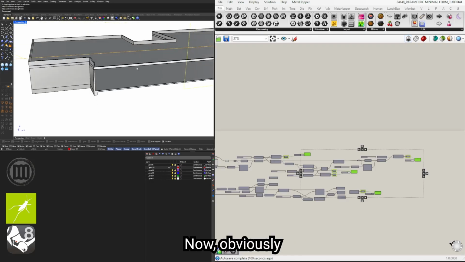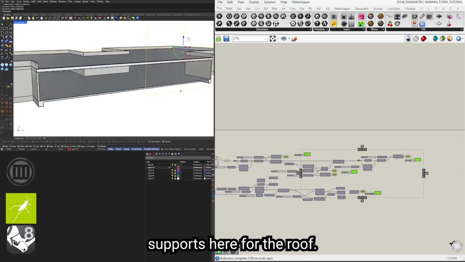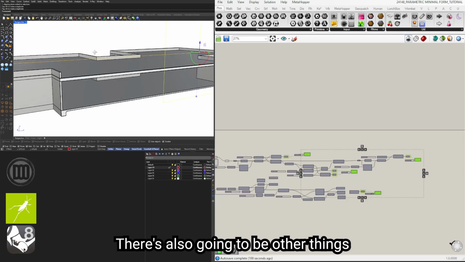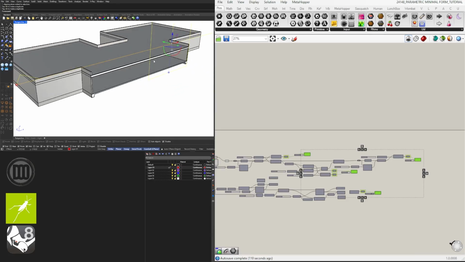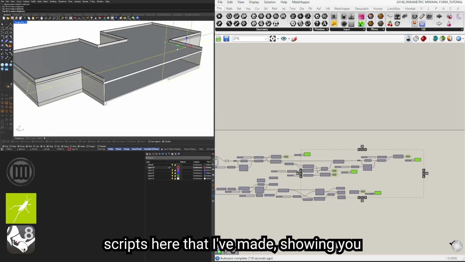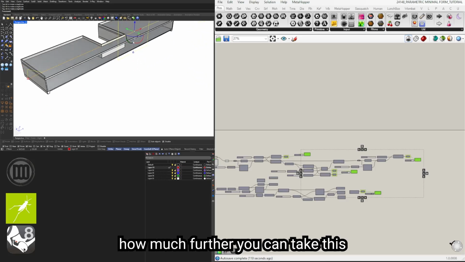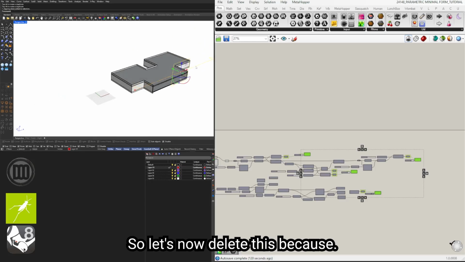Now, obviously, there's going to be supports here for the roof. There's also going to be other things like the roofing material, like the flashing, but I'm going to show you some scripts that I've made showing you how much further you can take this, and you can even go further than that. So let's now delete this because